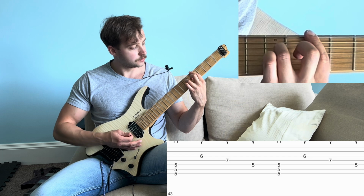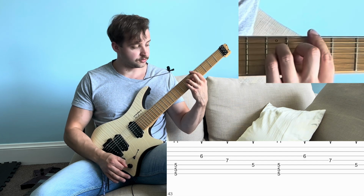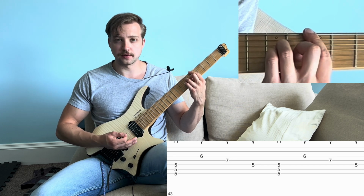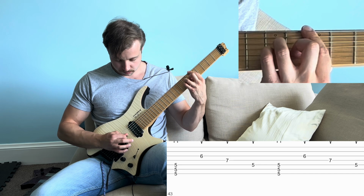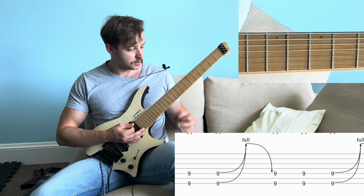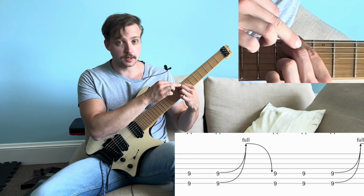Take our pinky off, put a middle finger down on the 6th fret on the 3rd string. Then we want to do the same down hit of the top 3 strings, and then hit the 3rd, 4th, and 5th strings this time. Okay, do that 4 times. Then we jump up to the 9th fret, take the 7th and 5th strings with your first and middle finger,